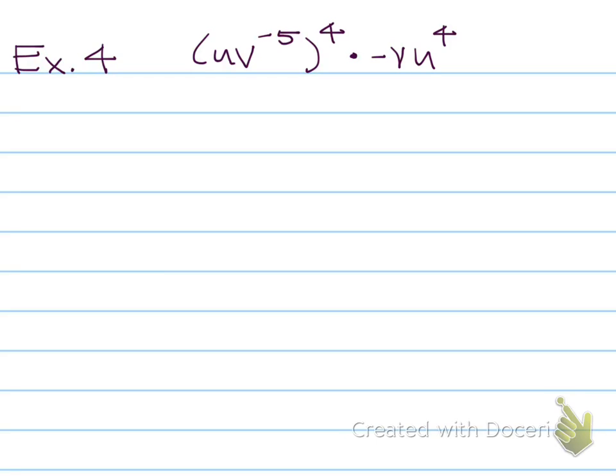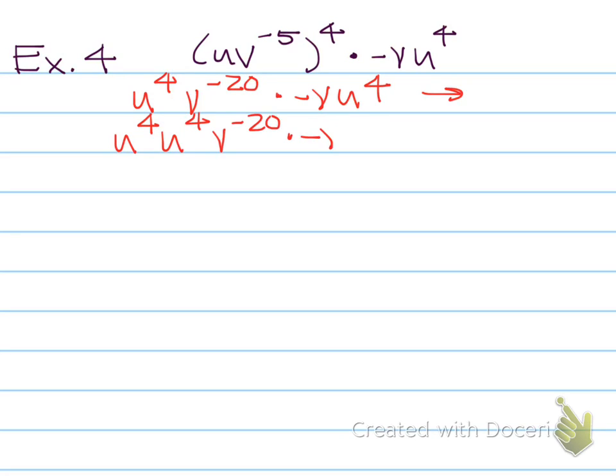All right, first thing we want to do here is raise everything inside the parentheses to the 4th power, u to the 4th power, and then v to the -5th raised to the 4th power is -5 times 4, which is -20. And then we're going to multiply u to the 4th times u to the 4th, which is going to give us u to the 8th, and then v to the -20 times v, which is going to give us v to the